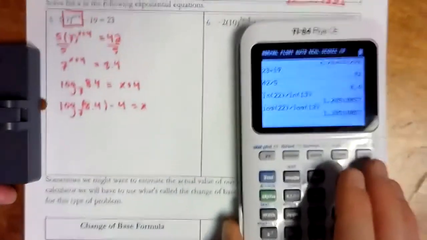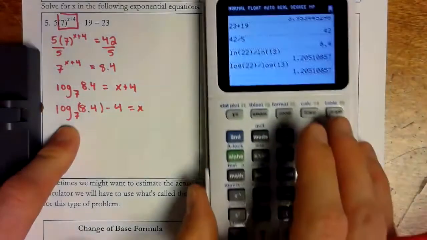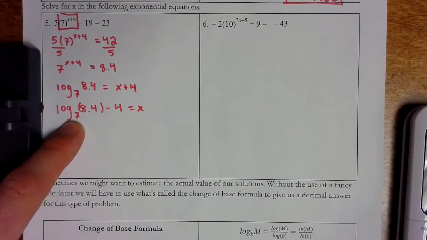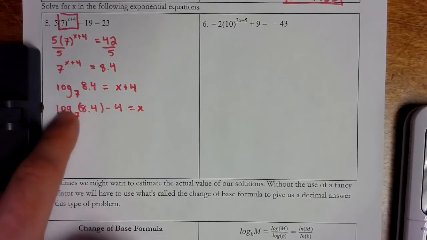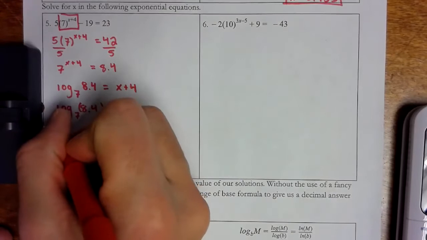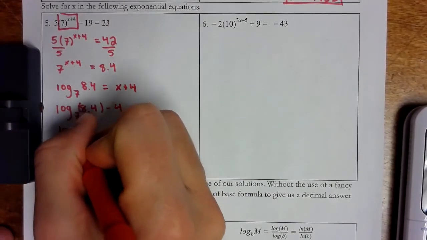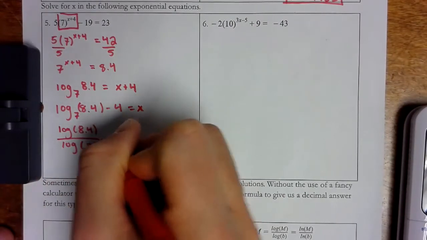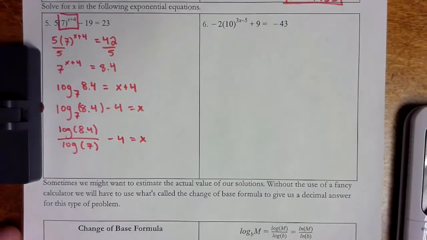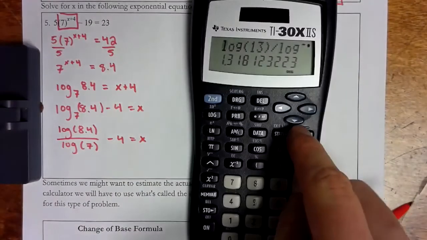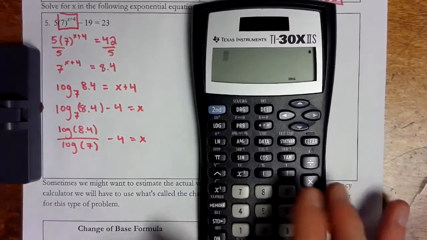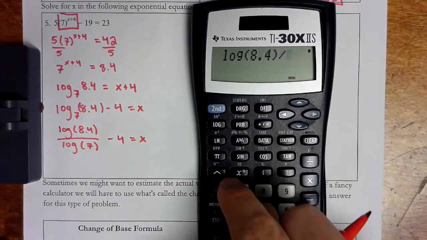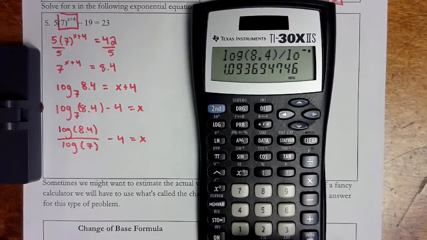So now let's come right back up top and look at how we can come up with an approximate answer here. Well, if I don't have that log base button, I'm going to have to use the change of base formula for this log base 7 of 8.4. And I'm going to go ahead and use log base 10. So this is now log base 10 of 8.4 divided by the log of 7, and then I'm going to subtract 4 from whatever that is. So now, using any calculator, in fact, I actually think your phone calculator, which isn't very good, can do this as well, it's log of 8.4 divided by log of 7, which gets me to